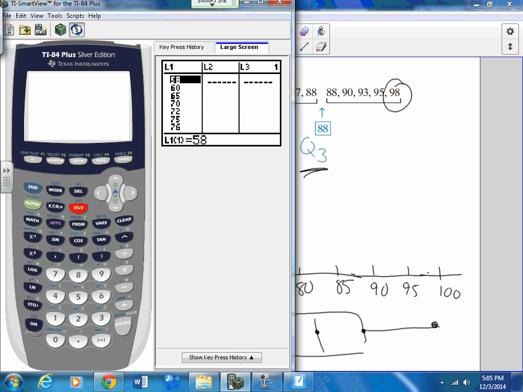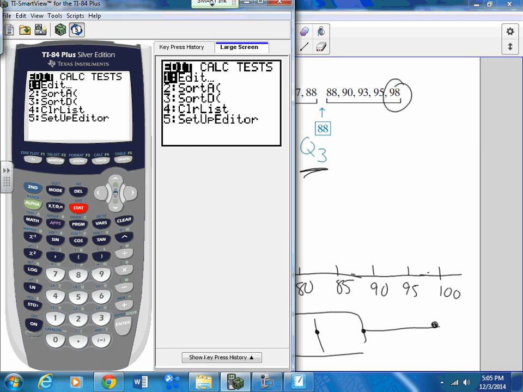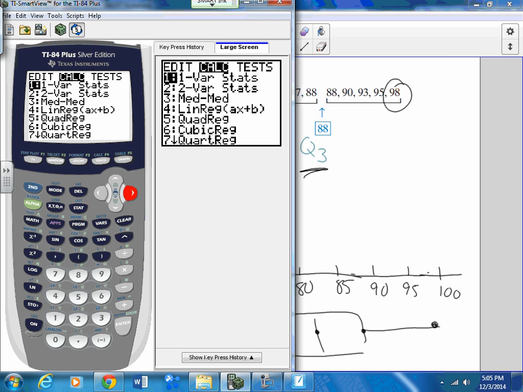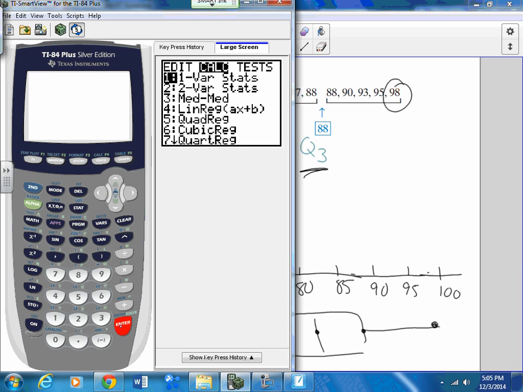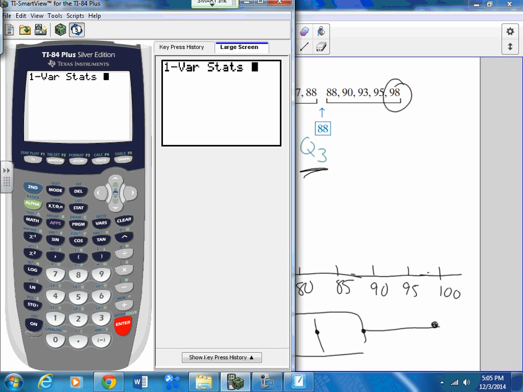If I go back to statistics, and I get back to this menu, if I go over to calc, choice 1 says 1 variable statistics. Okay, this is what I want to pick because I only have 1 column of data. So let's go and hit 1 variable statistics. And now that pops up. Okay, I entered all of my info into list 1, so I have to hit second, and I'm going to hit the number 1 button because that has L1. So that's telling my calculator I want to do statistics for all the stuff that I put into list 1. If I hit enter,